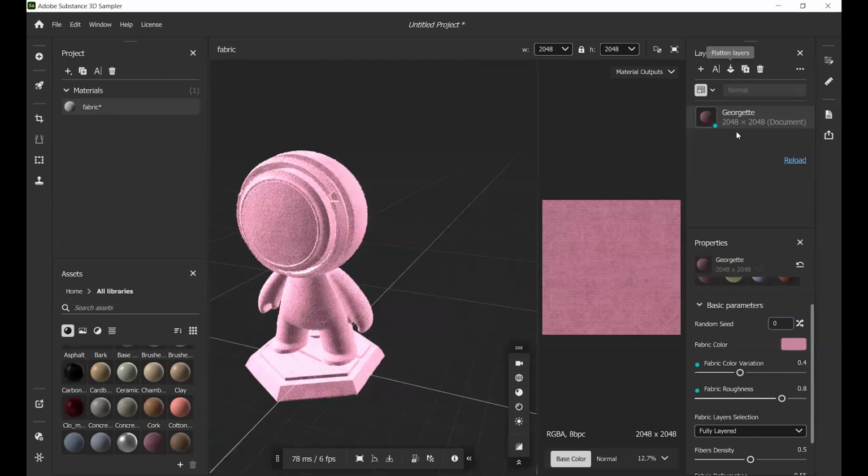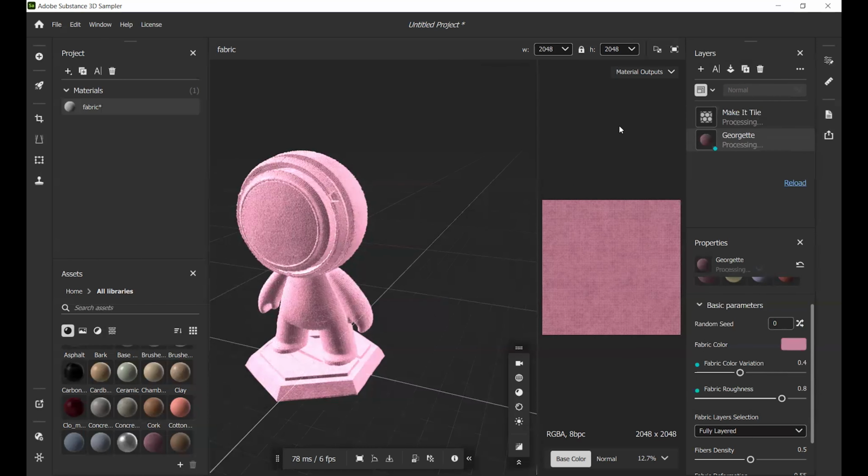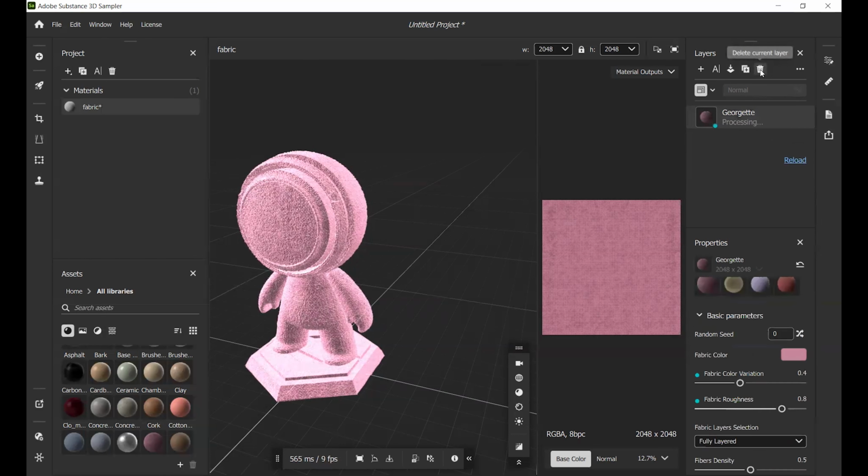And now let's come to layers. In the layers panel, you can see we have this Georgette material layer here, but we can add some more layers. We can add some filter, like let me make it tile maybe. Okay, and if you don't want that filter, you can just delete it.